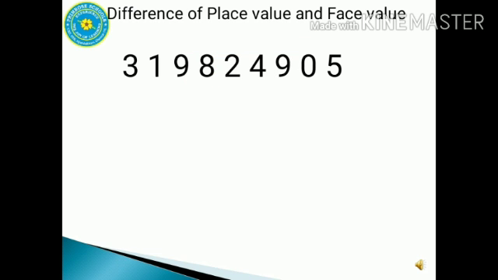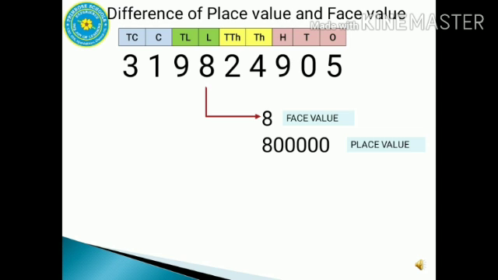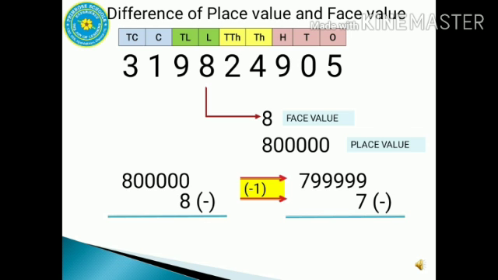Here is a 9-digit number. The face value of the digit 8 is 8 itself. The place value is found by the place value chart as 8 lakhs. Let's subtract 8 from 8 lakhs. We use the same shortcut here and we have the answer as 7,99,992. Now we know how to calculate the difference of place value and face value of any digit in a